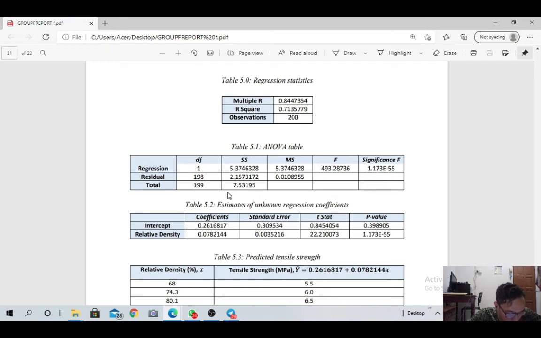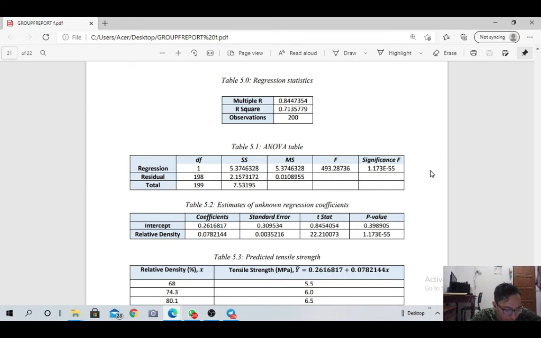In order to make decision on the significance of the regression, significance F is compared to chosen significance level. So the significance F is a probability of F value is larger than the test statistic, which is P(F greater than 493.28736),